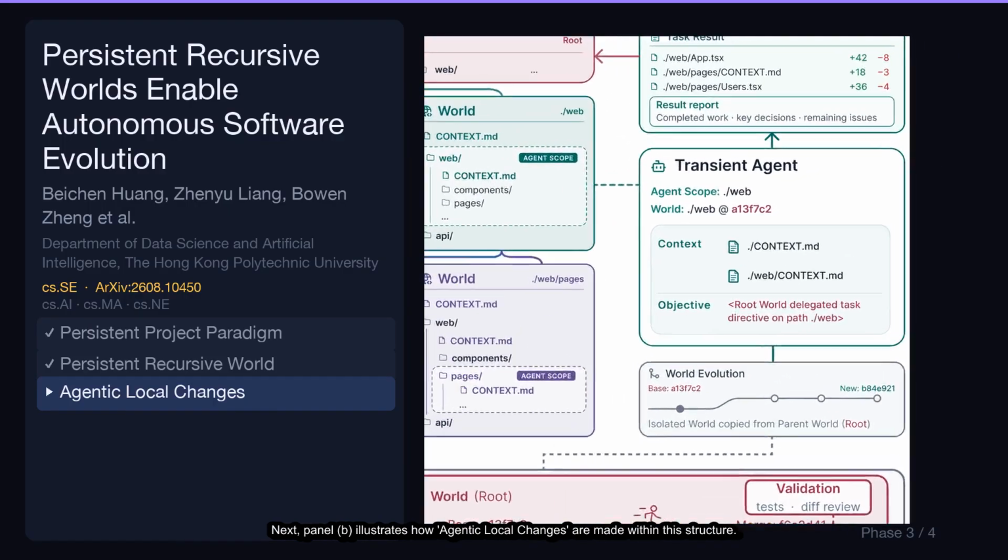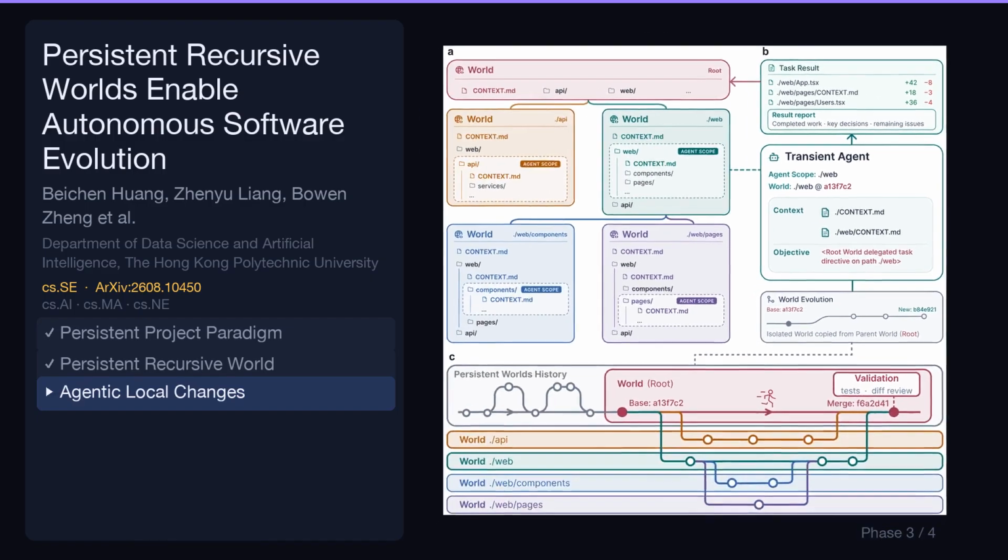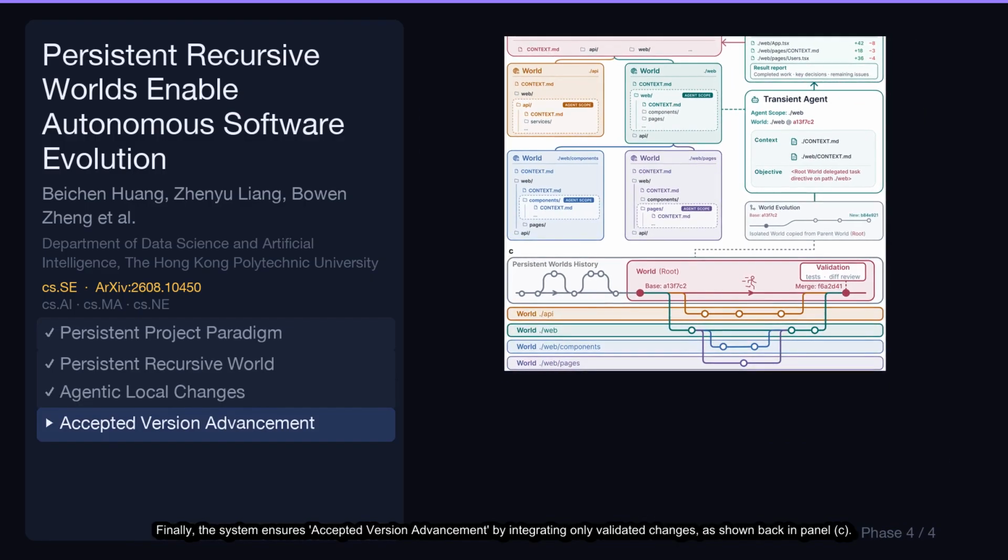Next, Panel B illustrates how agentic local changes are made within this structure. A transient agent is assigned a specific agent scope and objective to work on, producing a task result in an isolated environment. Finally, the system ensures accepted version advancement by integrating only validated changes, as shown back in Panel C. After the agent's work passes through validation, the changes are merged, advancing the persistent history to a new state like